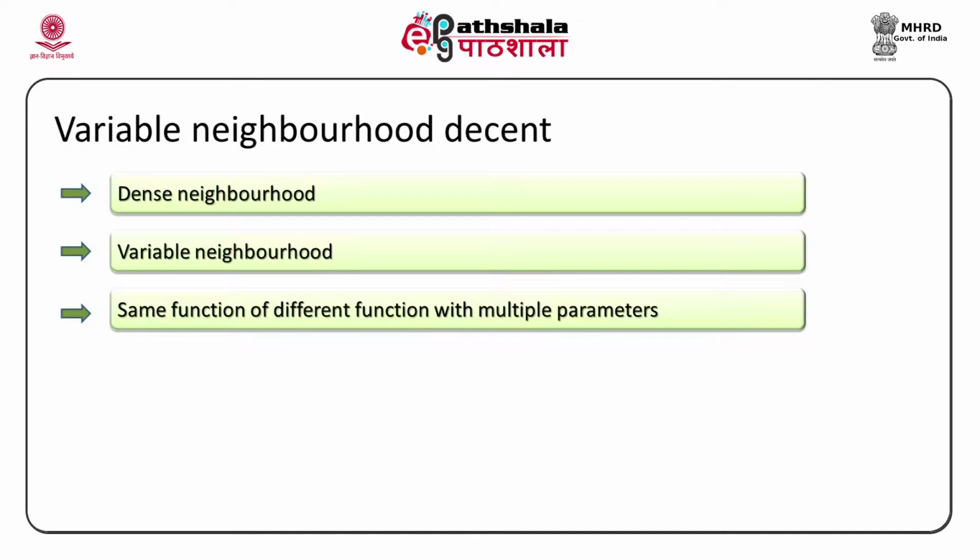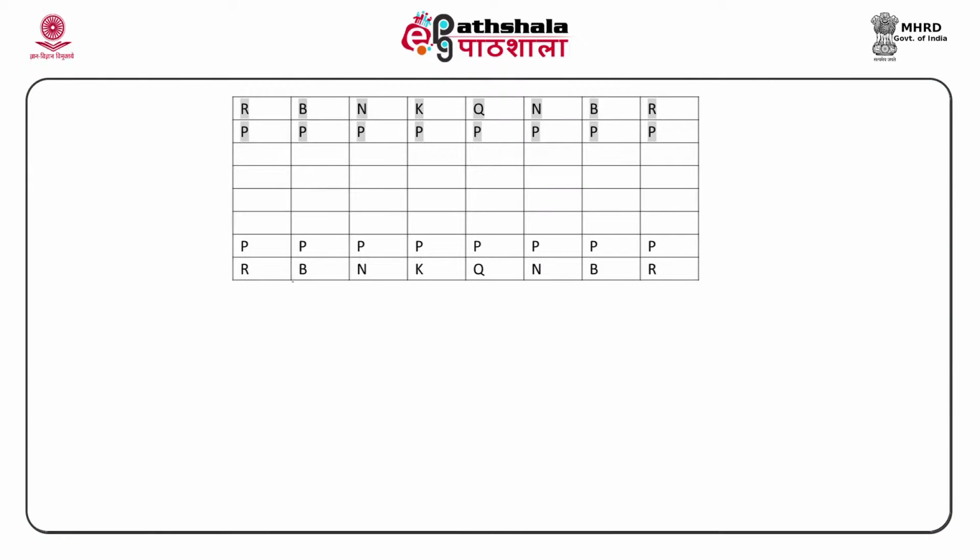It is quite possible that you apply the same move generation function, and what will it do? For example, it will generate 100 possible moves, and out of that it explores only the first 20. In the next case, we will explore only the first 5. So exploring only the first 5 is a sparse neighborhood case, exploring 20 is a little more dense, and exploring 90 is really dense.